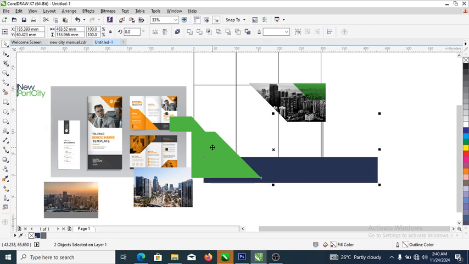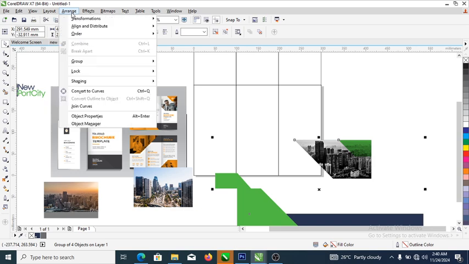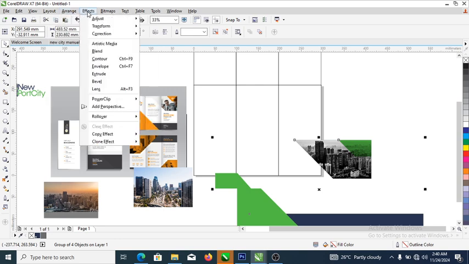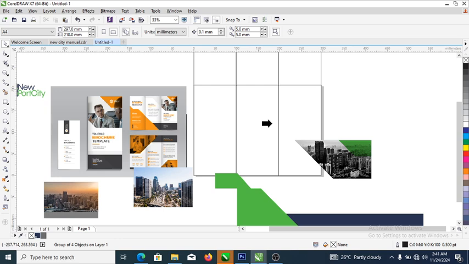So all we need to do is select all of these objects right here. Can you see that? Group it all up. Then you go over and select that. So go over to object, arrange, go over to effect, then locate Powerclip. After that, select place inside frame. Automatically an indication of an arrow shows up. All you need to do is select where you are going to Powerclip this into, which is this. Automatically